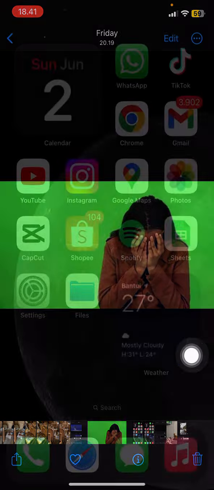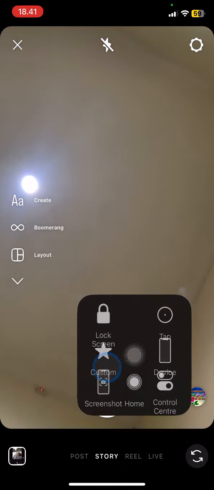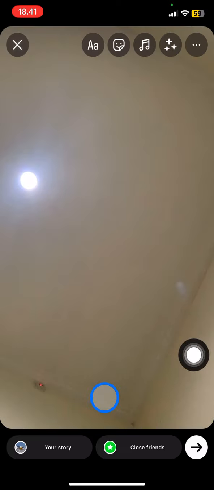Now we just need to go back into your home screen, open your Instagram application, open your Instagram story. So this is the Instagram story camera. Now we just need to go randomly capture a picture. Right after you're done capturing the picture, tap into the three small dots